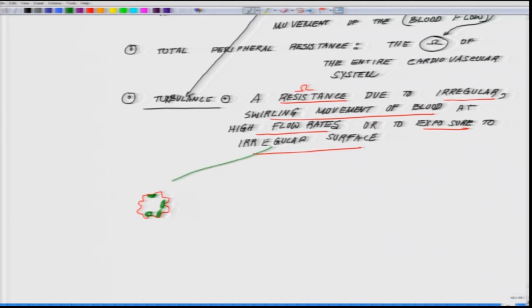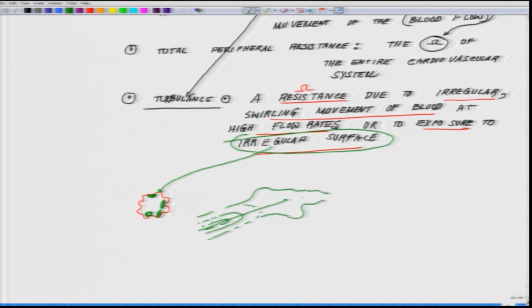This deposition makes it an irregular surface. Because of this irregular surface, the flow of the blood, which otherwise was following possibly a laminar profile, now starts to take a different kind of geometry, which essentially means irregular swirling motion of the blood. And this becomes even more critical if